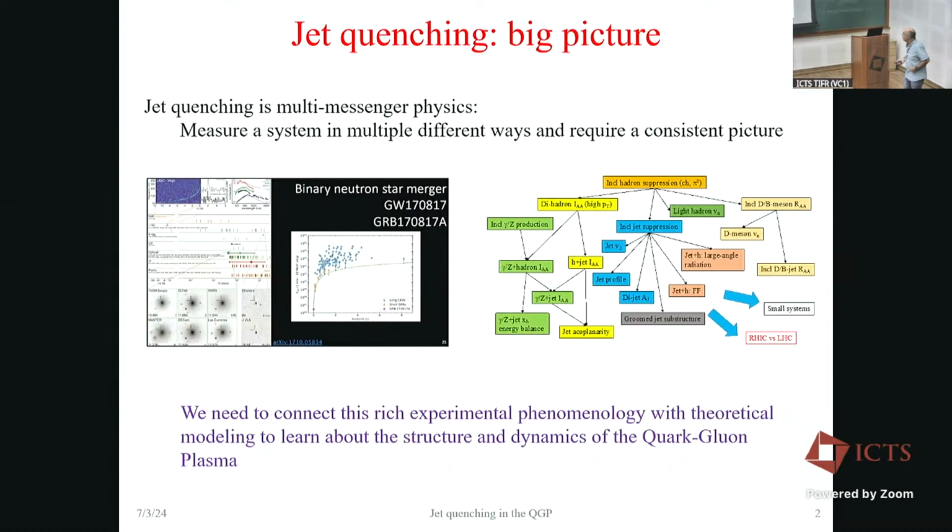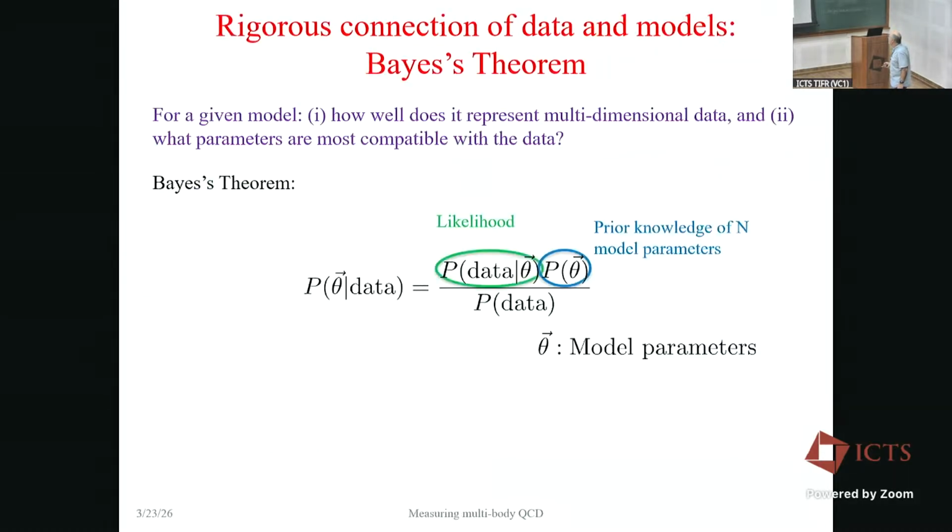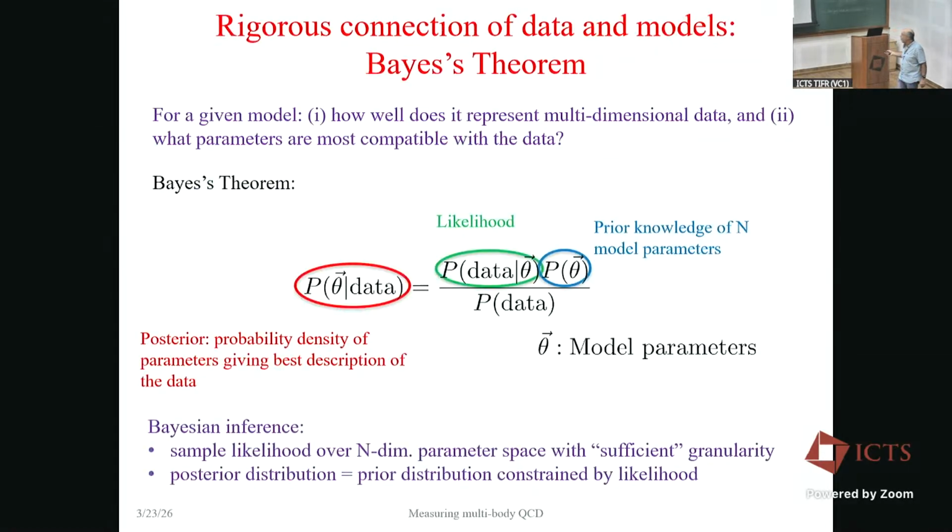Perhaps Siddharth will talk about some I haven't talked about in this little flow diagram. The broad question I want to address here is connecting the rich experimental phenomenology with theoretical modeling to learn about the structural dynamics of the quark-gluon plasma. And the tool of choice, I won't go into detail again, is Bayes' theorem and Bayesian inference. It is very simple in its origin. So we start off with